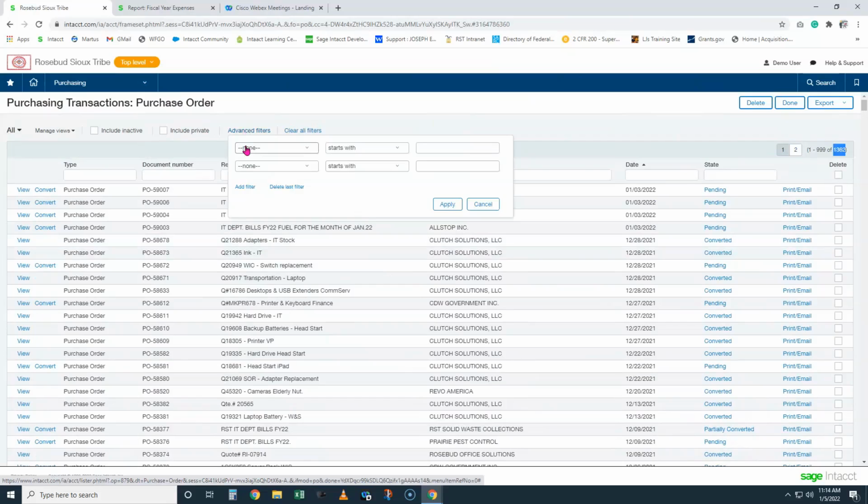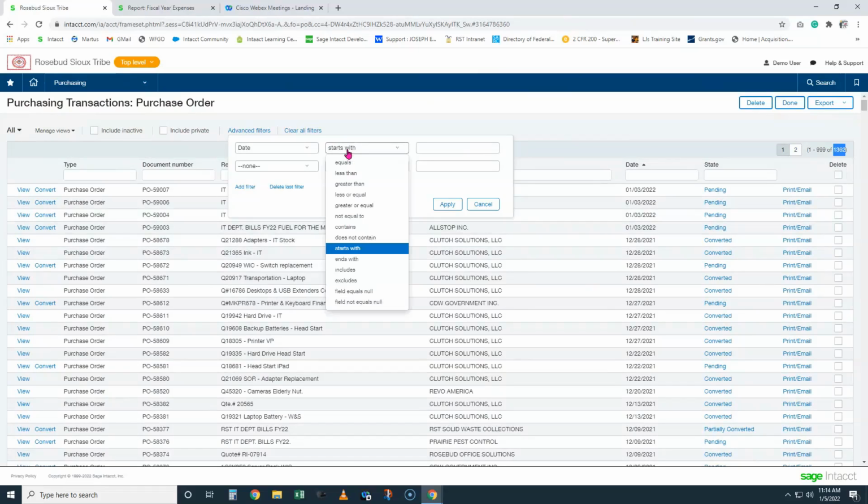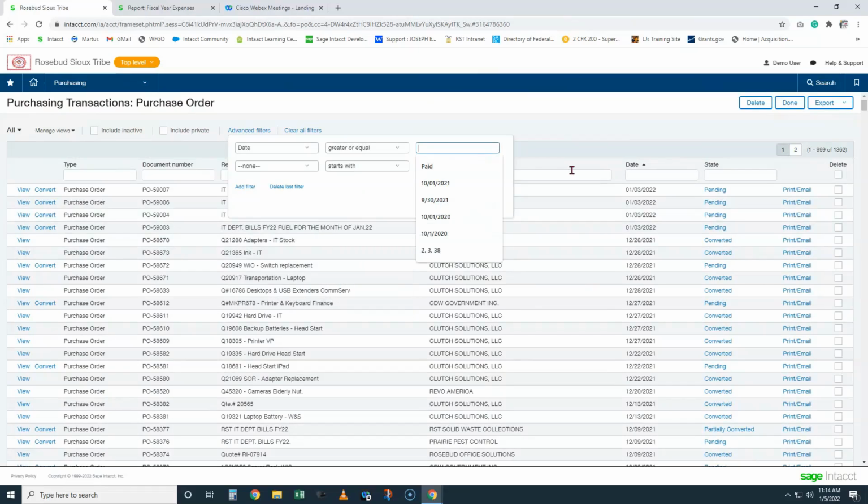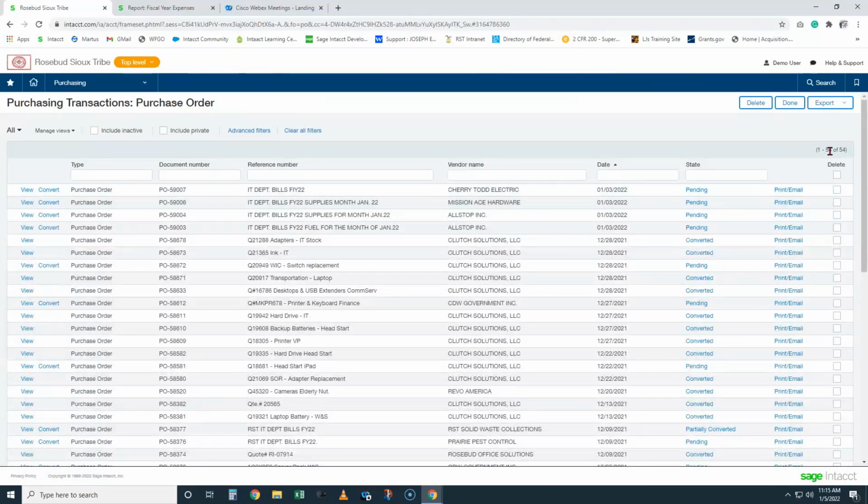So we have an option here that says advanced filter. I'll choose a date, and I want the date to be equal to or greater than October 1st. The middle part here is going to let me choose the filter type. So there's greater or equal. And we're going to choose October 1st of 21, the start date of this fiscal year. And you can choose any time period. So if you work at Head Start and your fiscal year started September 1st or April 1st, by all means use that. So I'm going to apply this view, and our list of 1,300 purchase orders is now down to 54. Much more manageable,